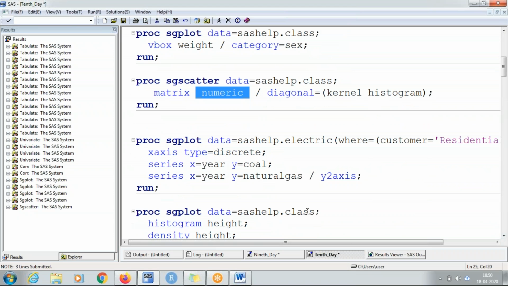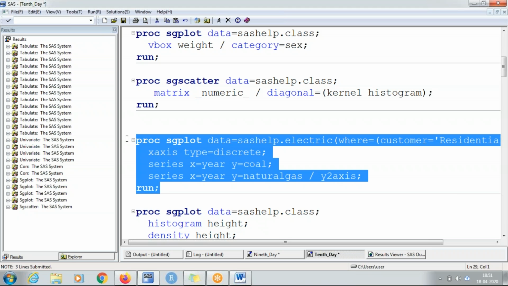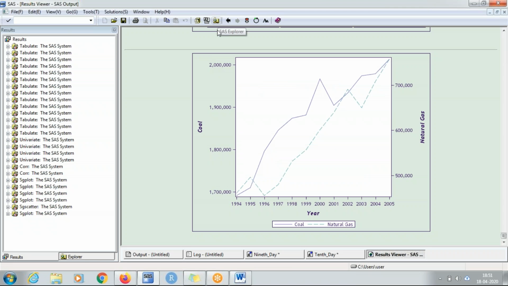Now, a few more graphs like this, where I'm using two axes, which is the y2 axis. Excel के अंदर आप शायद किया होगा आप लोगों ने. If not, then you can see. So I have one metric on the y1 axis, a second metric on the y2 axis, and the third thing on the x-axis.